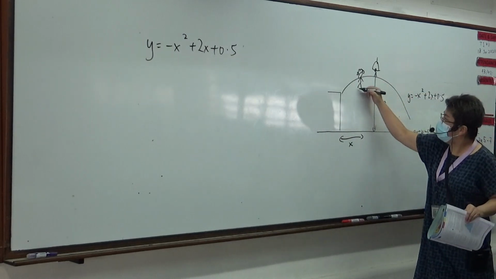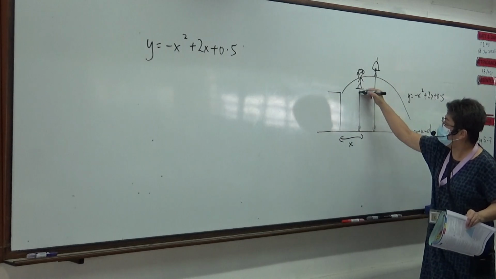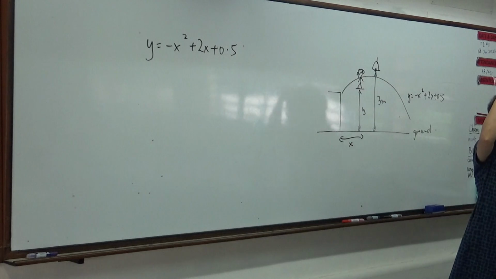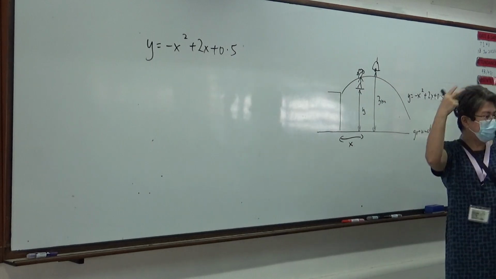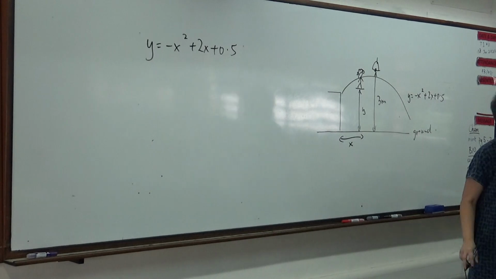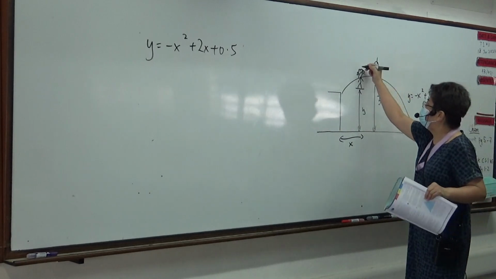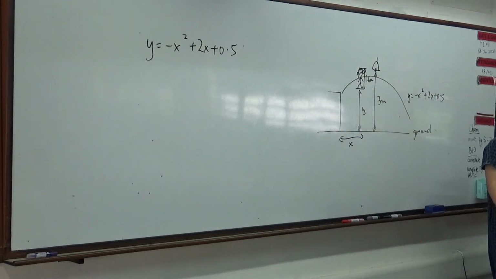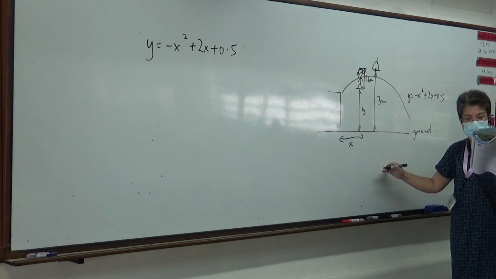So, her feet to the ground, this is my right. Top of the head is up. Okay, then what did I say? Given that body is what? This curve is 1.6 meter tall. Okay? It means if she will be able to reach the bell if the platform is 1 meter away from